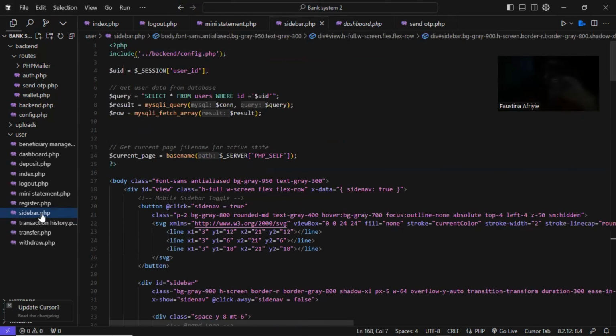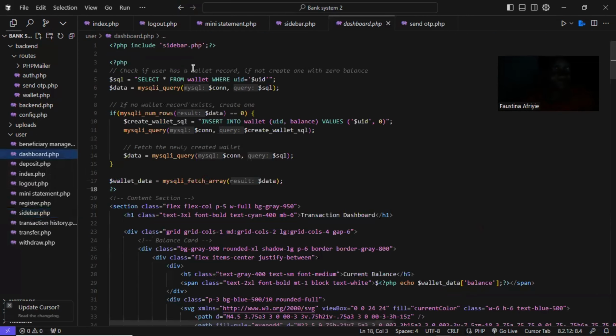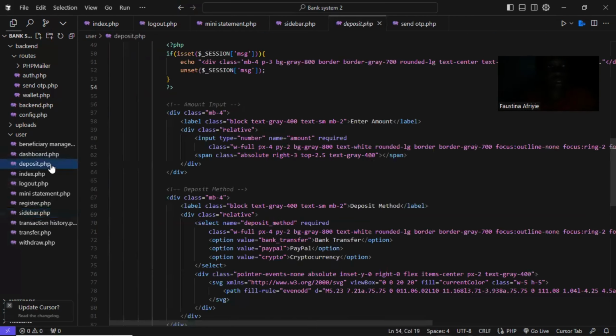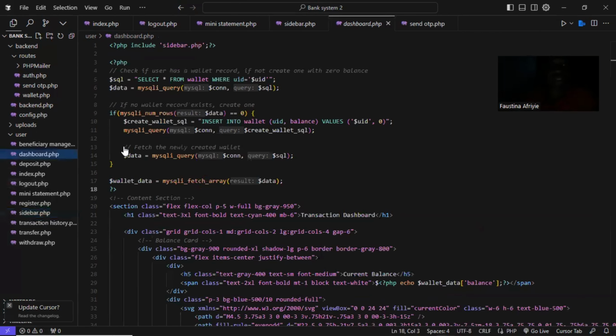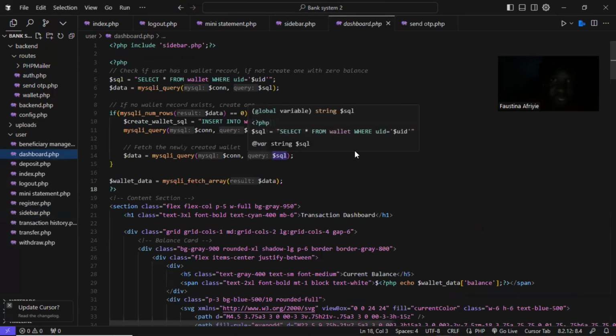Then since the sidebar is small, like the whole body of the actual layout, we called it in the rest of the mini codes, because once you click on the dashboard button, it will link you directly to the dashboard page from the sidebar. So in the dashboard section, we have the sidebar being called here, then deposits, the same thing. Then for the sidebar, we used a PHP file code to